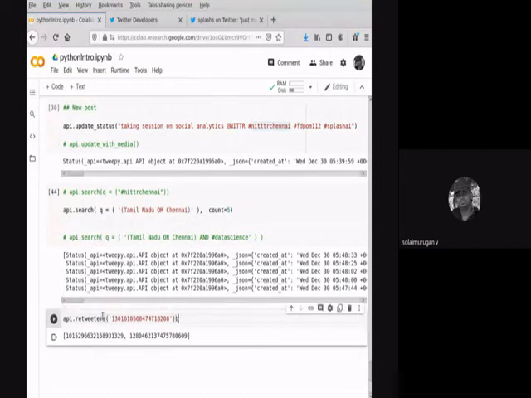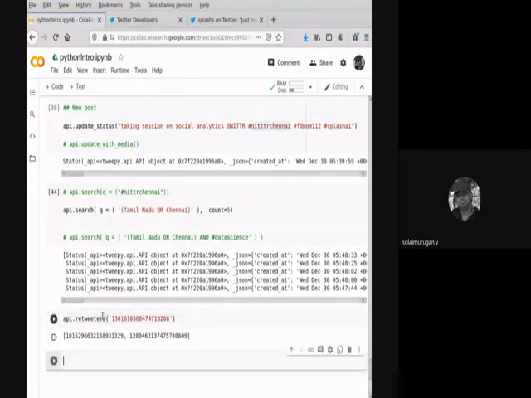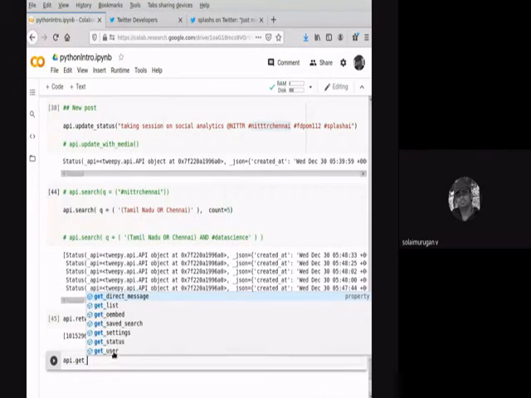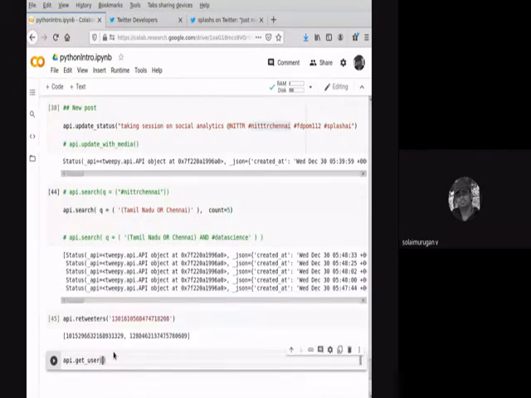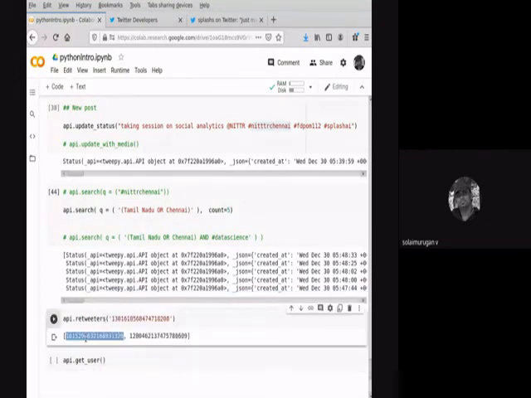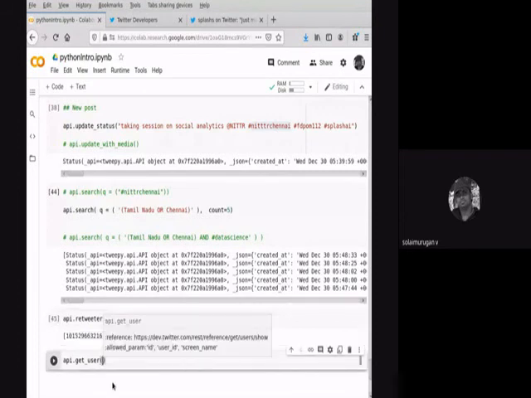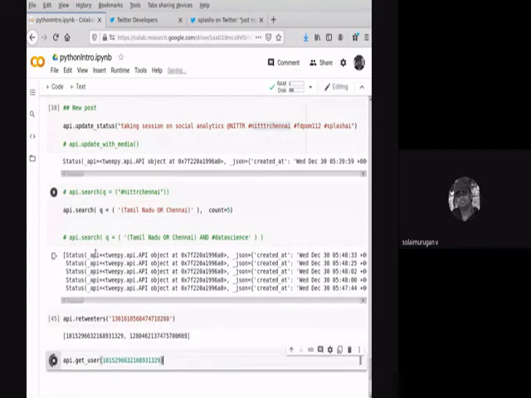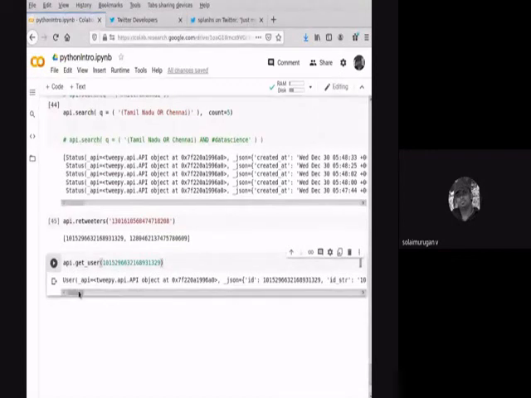There's another function called API dot get user. I'm just passing any one of these user IDs randomly, and there I will get the complete information about the user. If you want only the name, you can type name here.